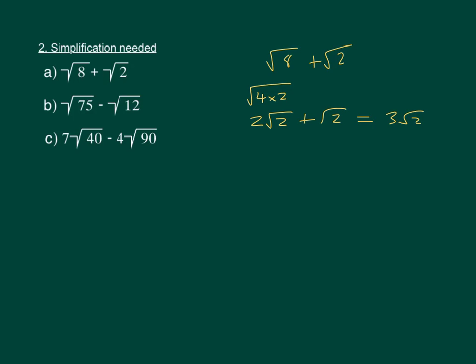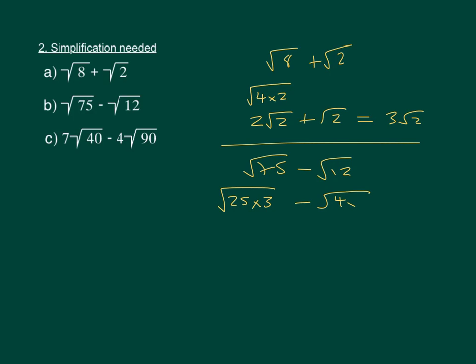Looking at part B, we've got root 75 minus root 12. 12 isn't a factor of 75, so we're going to have to simplify both of these surds. 75 is 25 times 3, and 12 is 4 times 3. So the common surd that we're going to have is this 3 here, and both of these are square numbers